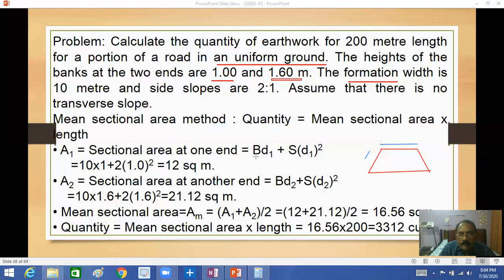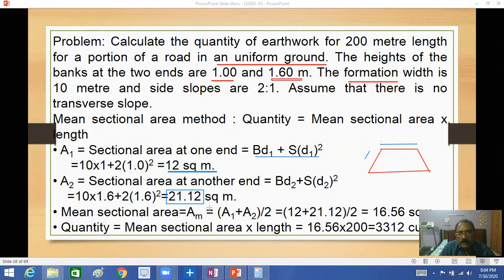That is BD plus SD square. Now, if you calculate here, 10 into 1 plus 2 into 1 square, that is 12 square meters. At section 2, 10 into 1.6, this is 16, plus 2 into 1.6 square, you will get